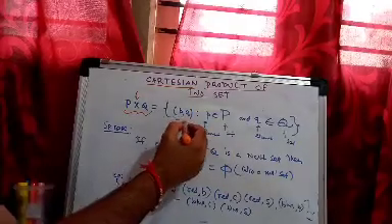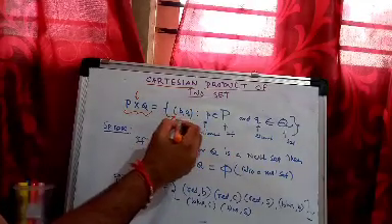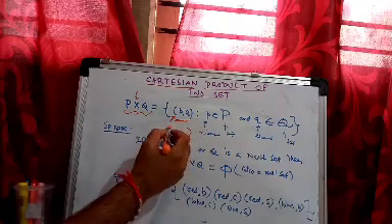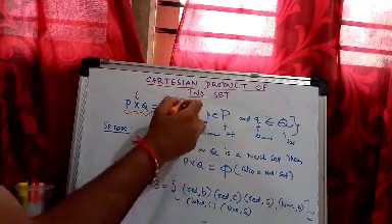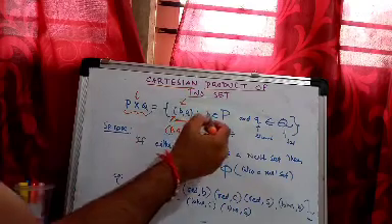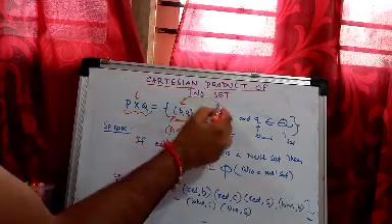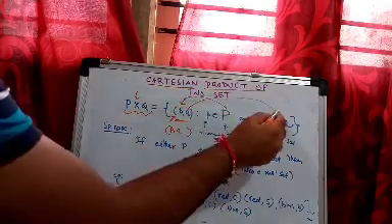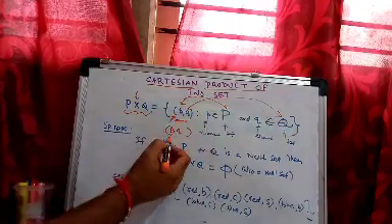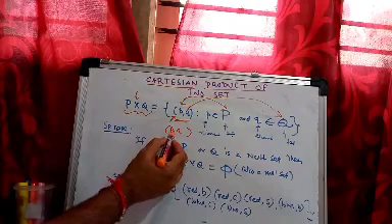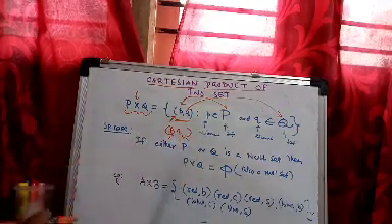Set of ordered pairs. An ordered pair is always denoted within brackets, like (P, Q). So this is an ordered pair. The Cartesian product has all possible ordered pairs where the first element comes from the first set and the second element comes from the second set. Okay, you remember this. This is the first element, which belongs to the first set, and this is the element that belongs to the second set.